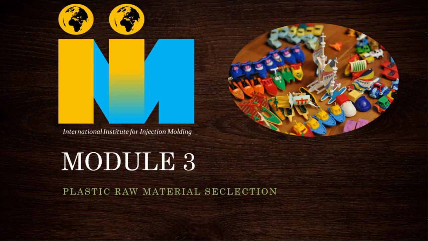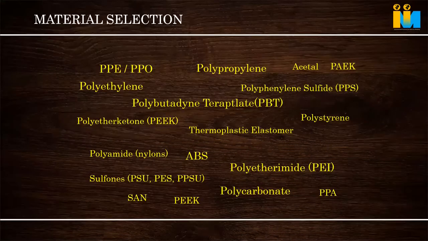So we have discussed types of materials, amorphous, semi-crystalline, and different types of materials. Again, if we go to the selection, it is still more difficult because there are a lot of raw materials, a lot of polymers, and a lot of compounds in which we'll be adding additives to get some of the properties. So it's a huge basket of raw material from which we have to select the proper raw material for our product application.